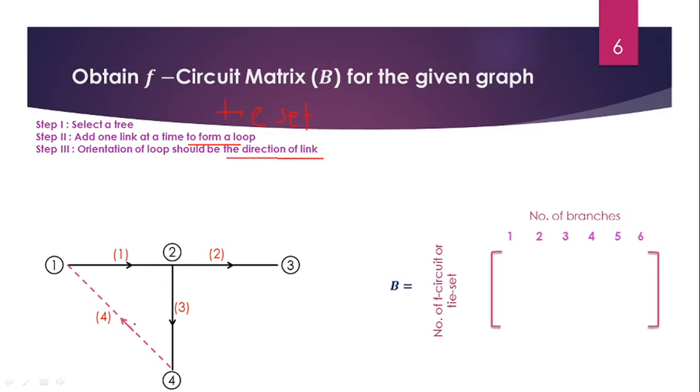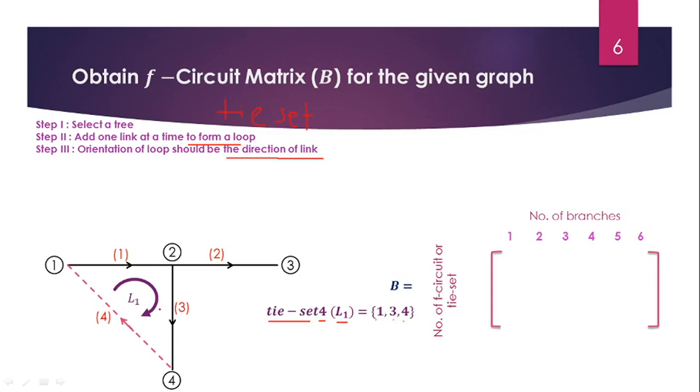Link 4 is considered clockwise, so the direction or orientation of the loop coincides with link 4, the same direction, clockwise we can say. So how can we write the set of branches that form this loop? L1 is formed because of branches 1, 3 and 4. This set of branches is known as a tie set. Tie set 4 indicates the fourth link, so tie set 4 is your first loop, loop L1, and it has the branches 1, 3, 4.